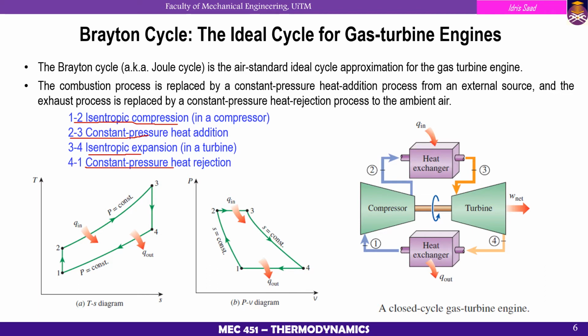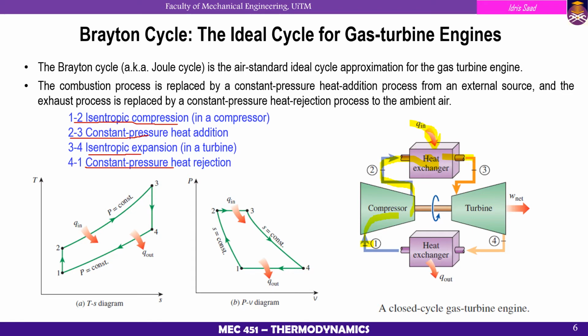Okay, so if you look at the schematic diagram, first we have the air drawn from the surroundings, then the air goes into the compressor, and that compressor compresses the air and sends it to the heat exchanger. Up to the heat exchanger there is no combustion, because this is the ideal system that we use, what we call the air standard cycle approximation, and then the heat is input to the heat exchanger.